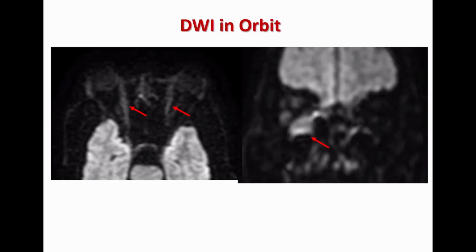There can be several complaints. Particularly, you do diffusion weighted images and calculate the ADC values and push to PACS. But say, for example, there is a patient with Graves' disease or thyroid eye disease. In such cases, don't forget to do a diffusion in the coronal plane. And wherever you see a diffusion restriction, calculate the ADC and push those images to PACS.